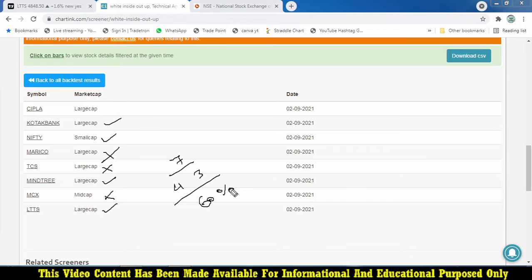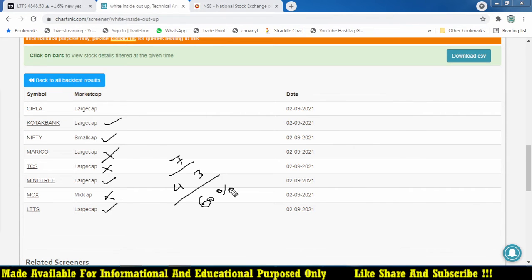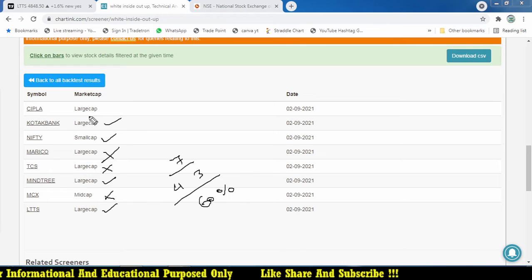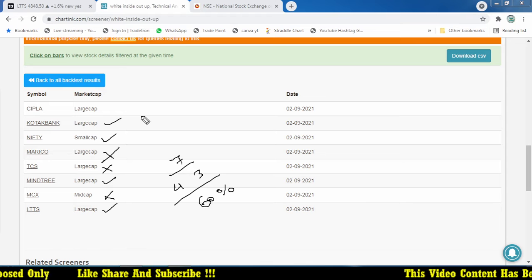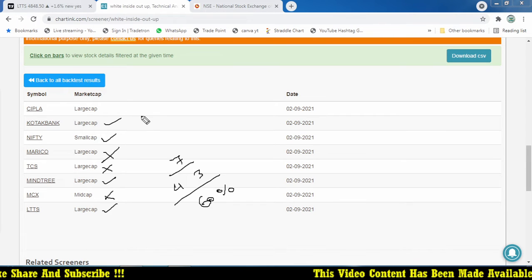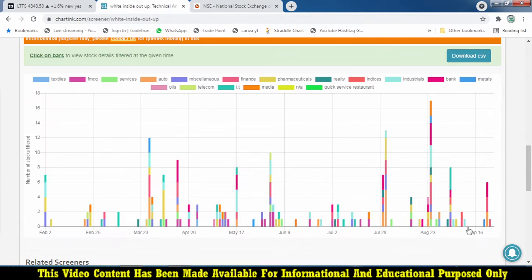Some people are asking what accuracy you have. The accuracy doesn't matter. The risk reward ratio matters. So you are running the reward on these stocks that gives huge. The simple method gives you some good kind of return. So this is the one day. On the first day I took it for a study. After that we found out some stocks.